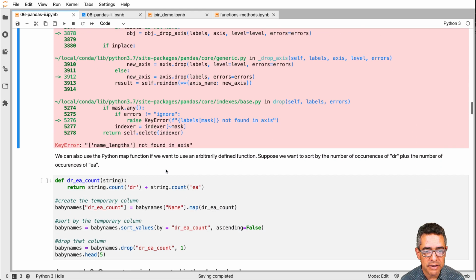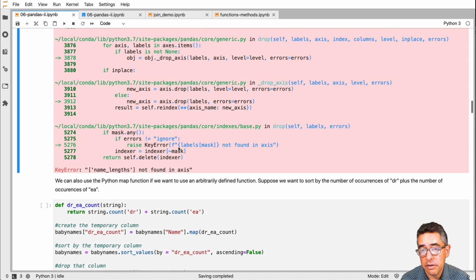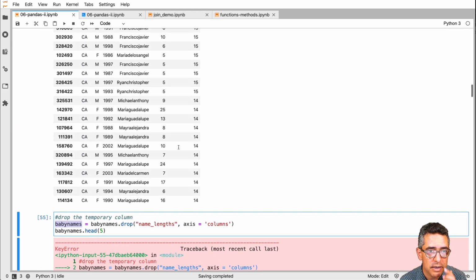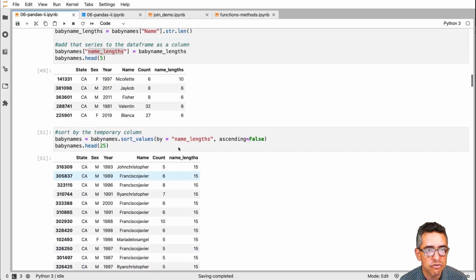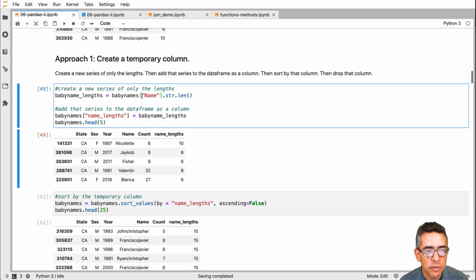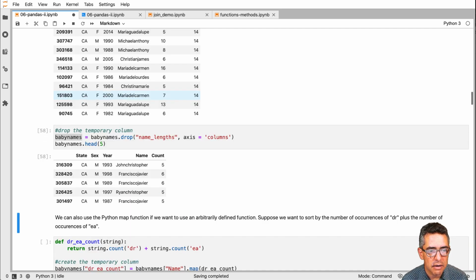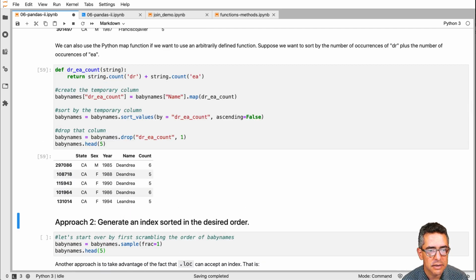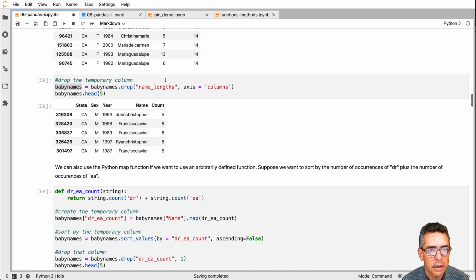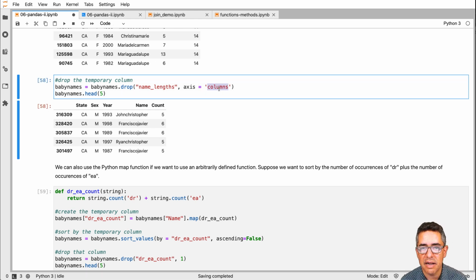And so the error message that I am getting, that name lengths is not found in that axis along the column names, is actually true. So Pandas is giving me the correct information. So let's reconstruct this for a second so that we actually get it to work correctly. In here, I can also say axis equals columns instead of axis equals 1, which